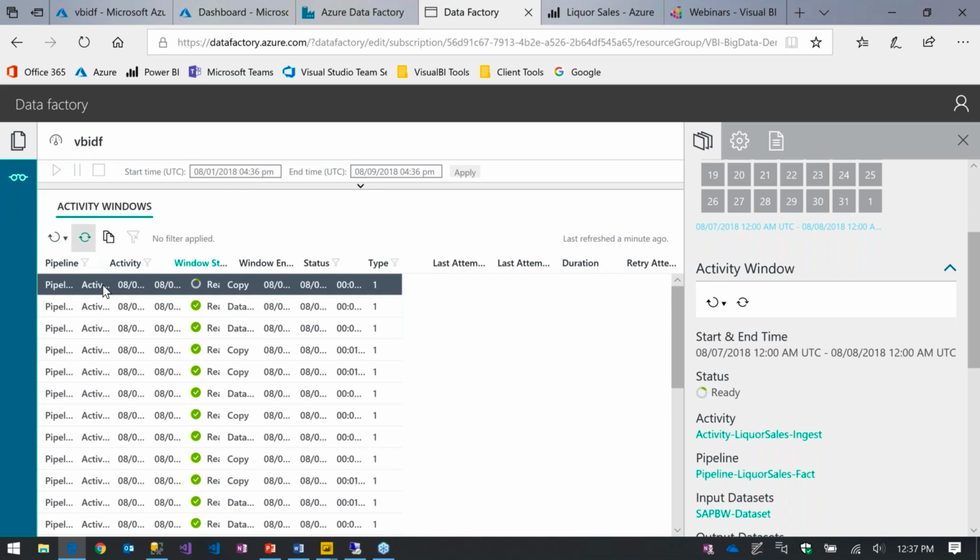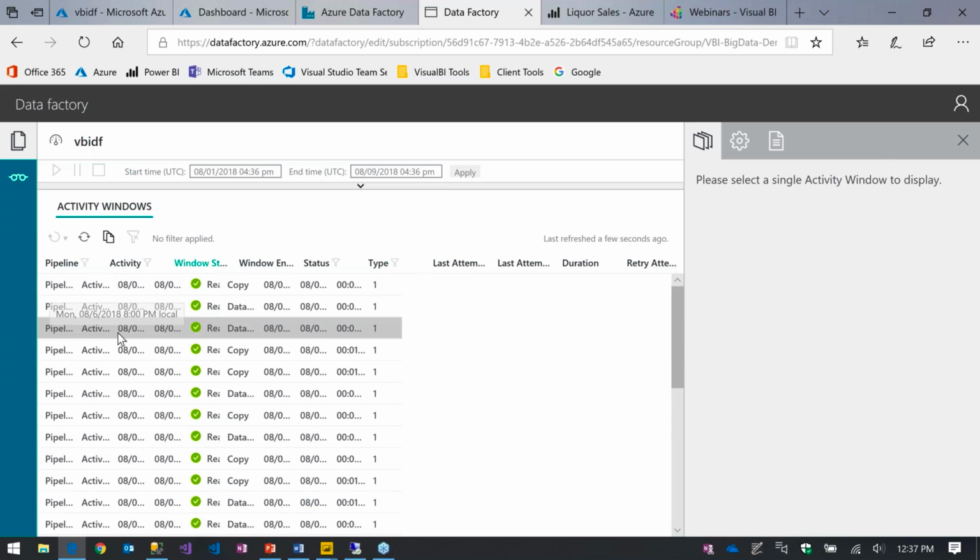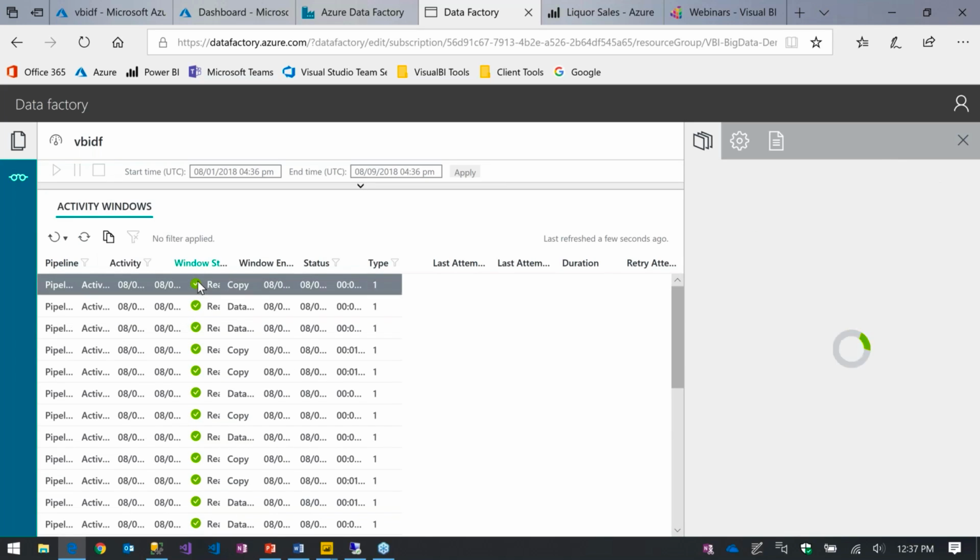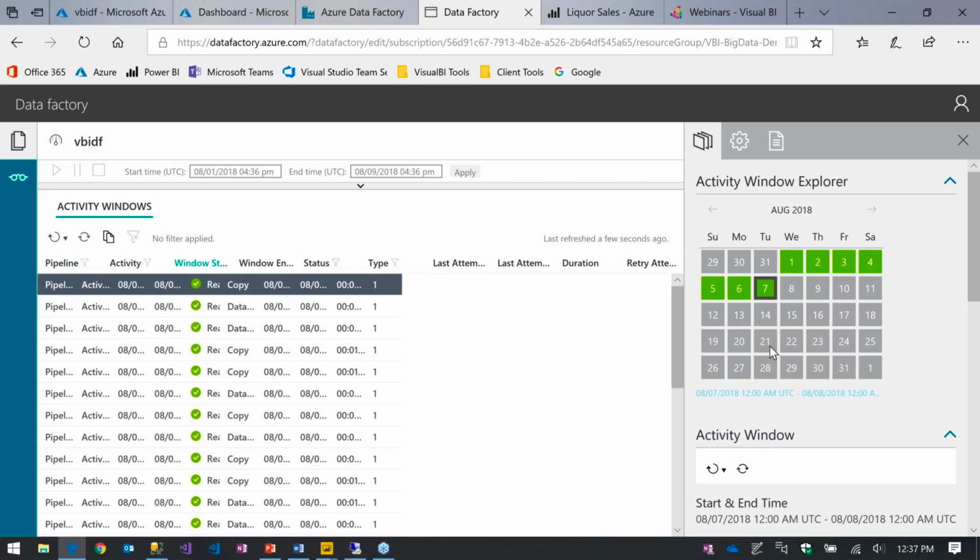If I do, I'll refresh it once. I'm not going to make us wait the entire time. But it's already finished. If I click back on it to get that information, it shows all that. If it would have failed, I'd get a red X. If it was still running, it's got a little hash symbol here that shows that pipeline is currently being executed.